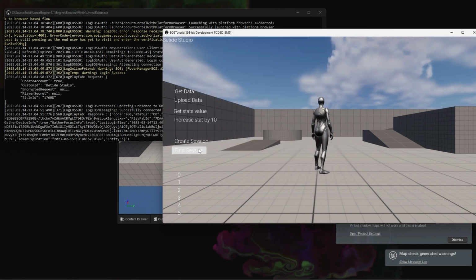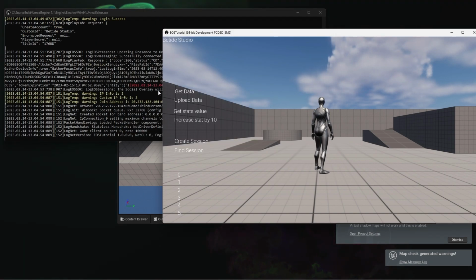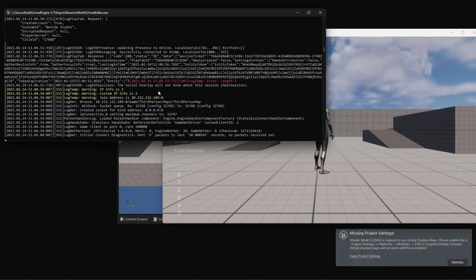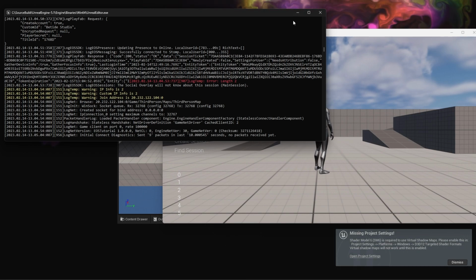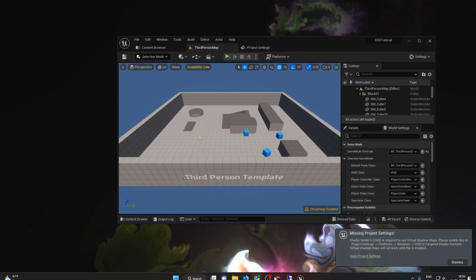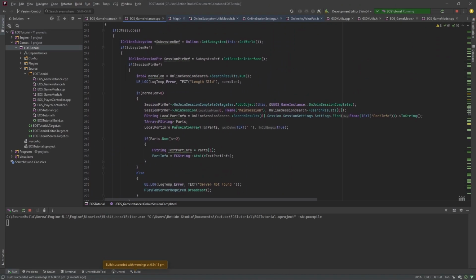Now I find session. Something is wrong. It did not get the correct port info again. Man, this is just so tiring. Anyways, we will check for that now. Let's go back here, and we can make